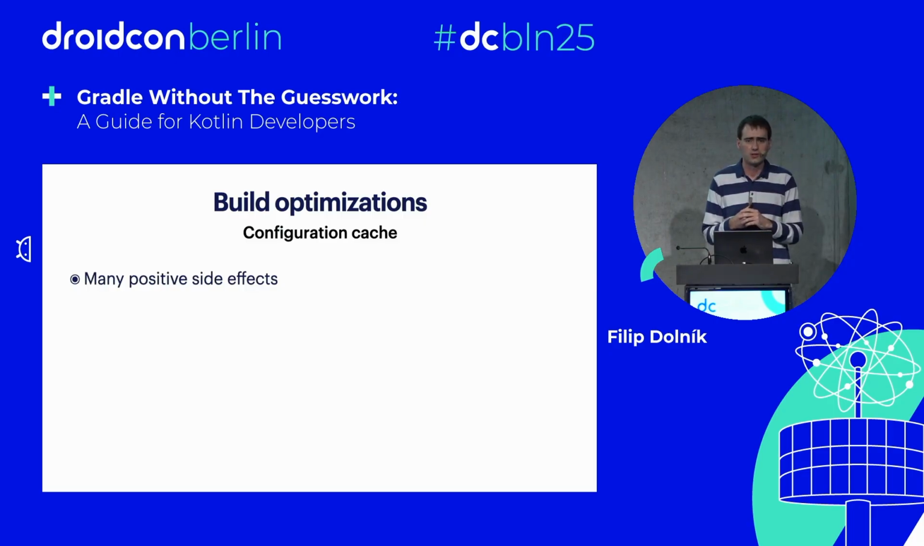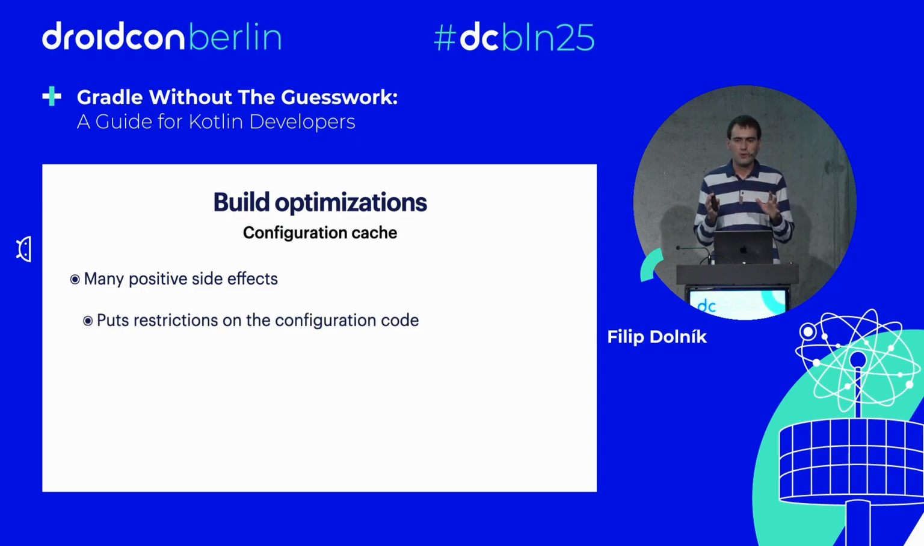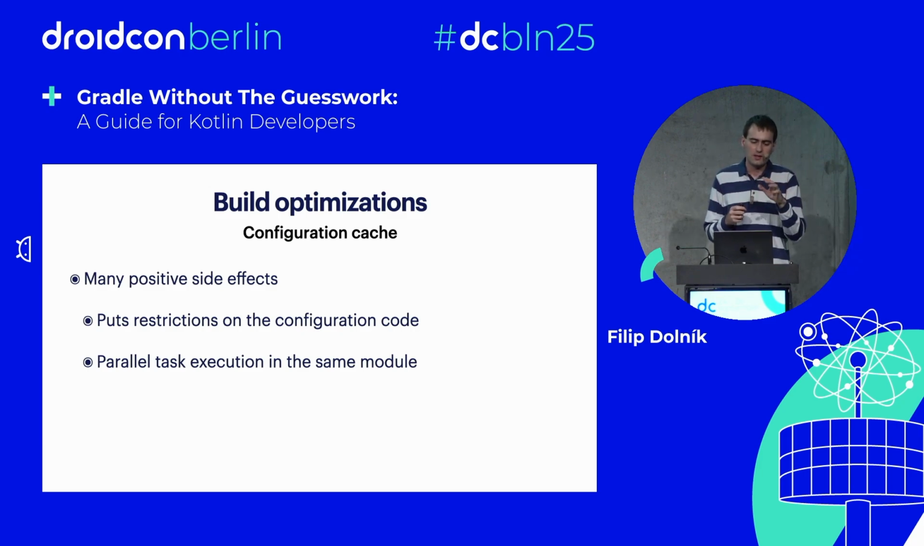But the configuration cache has also other side effects, because it puts certain restrictions on how you can configure your builds. One of the advantages of Gradle is that you can write it in Kotlin, like a regular Kotlin program. Therefore, you can do basically anything. But being able to do basically anything has its downside: now the tooling has no way to reason about what you are doing. By putting certain restrictions, Gradle can perform certain optimizations, for example, execute tasks in parallel